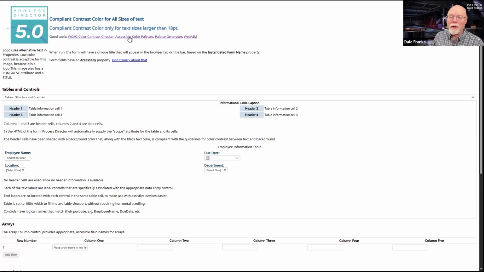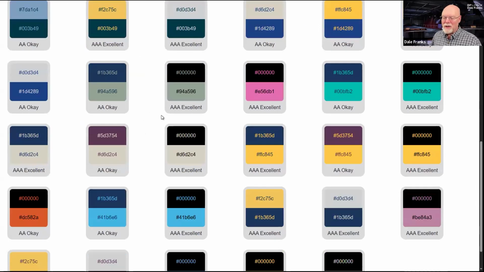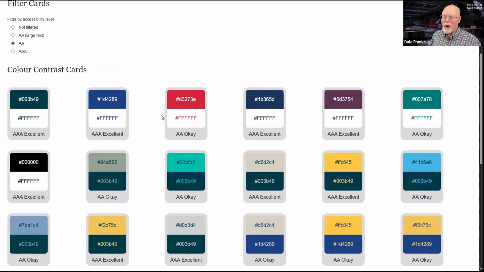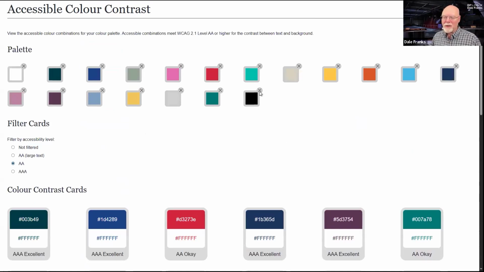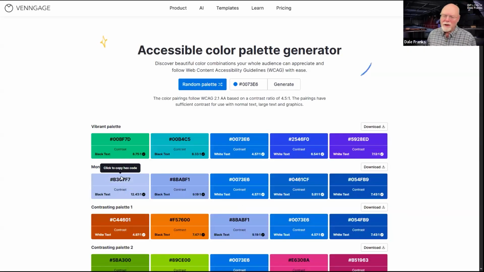By the way, another tool for those contrast ratios is this one. It's the Accessible Color Palettes tool. And you can actually just create your own color palettes. You can filter them by accessibility level so that you can just see what color matches. And you can play around with these colors up here to remove colors. It's kind of cool, I guess. And there is also a palette generator where you can just go in and once again, I'll use our 528 BBC color.